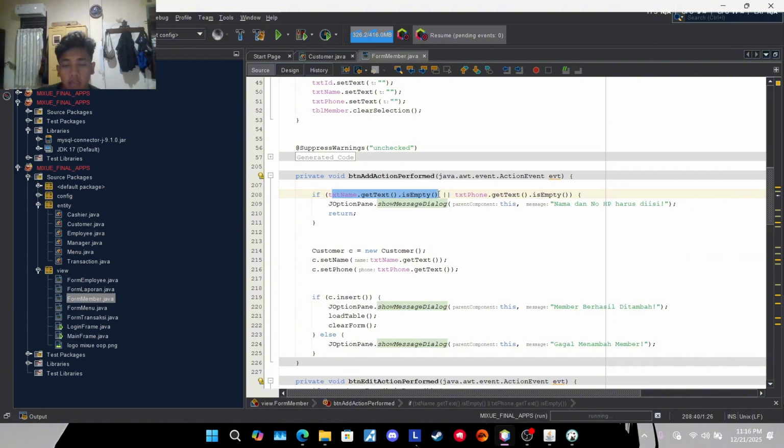Oh, sorry, I just flipped the true and false. So when this is true, the condition is not checked again, because this is empty. So they just run this message: nama dan nomor HP harus diisi. But when this is false or filled out, they must check again in this.